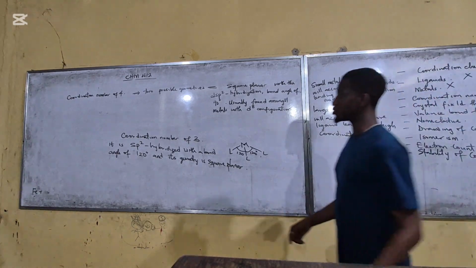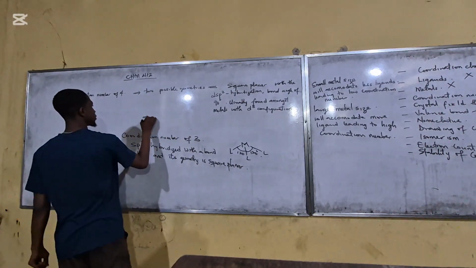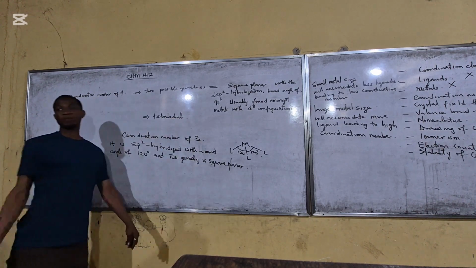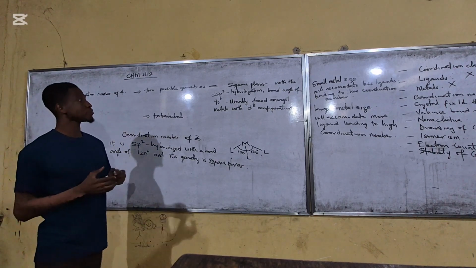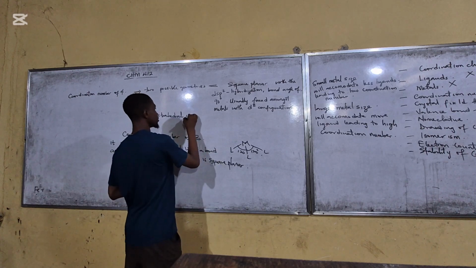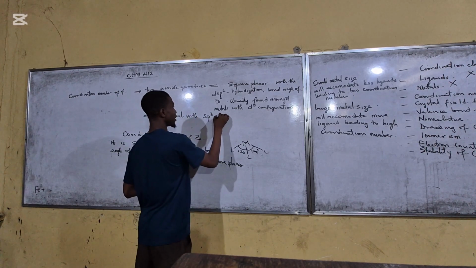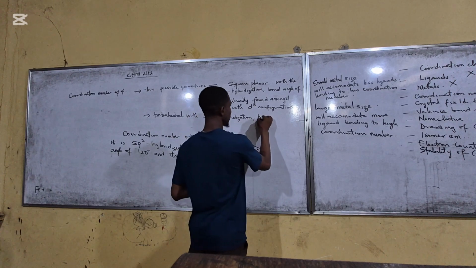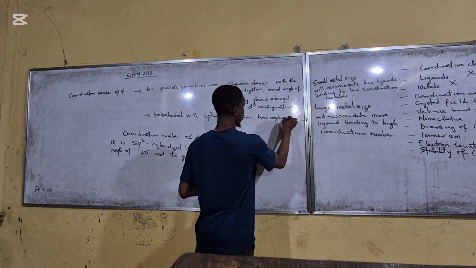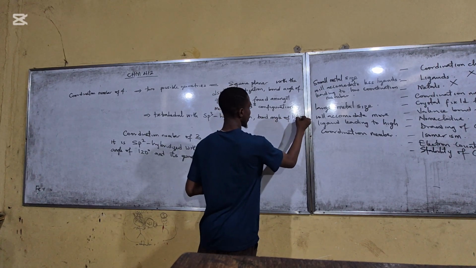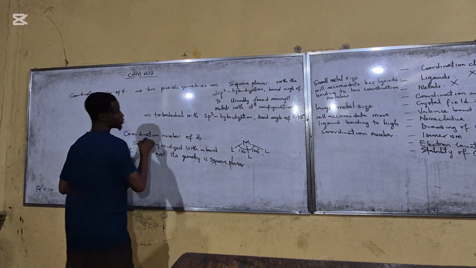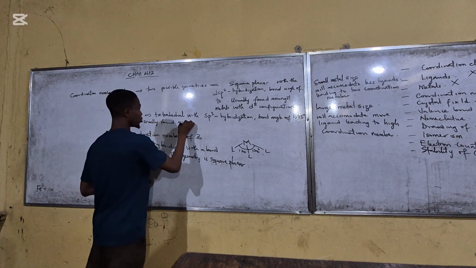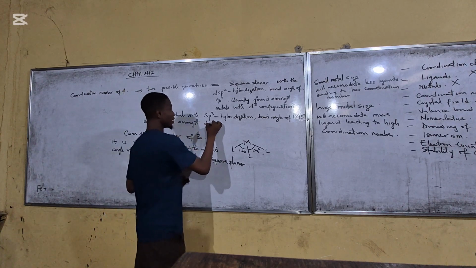And then the other possible geometry is tetrahedral. Tetrahedral with sp3 hybridization, bond angle of 109.5 degrees, usually found among divalent